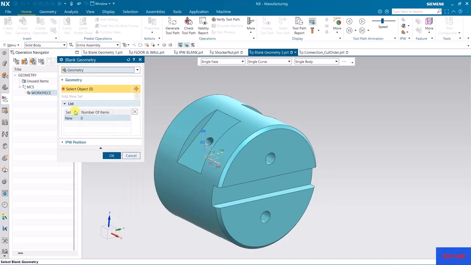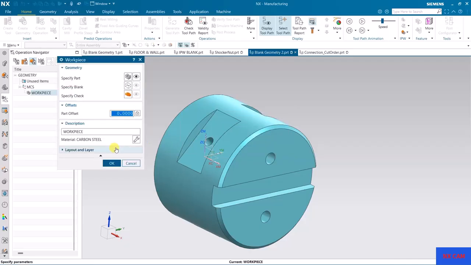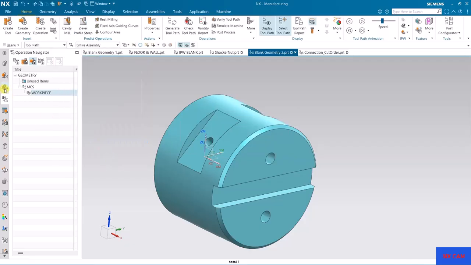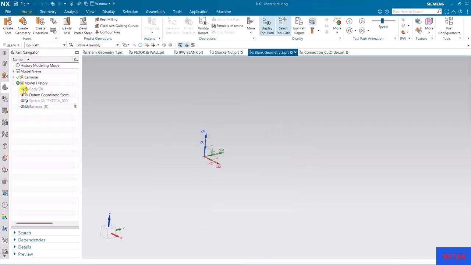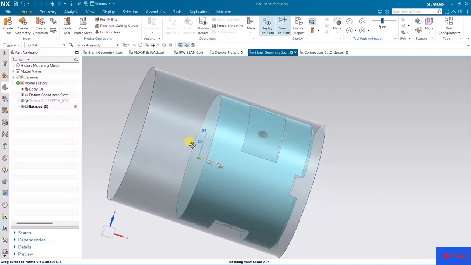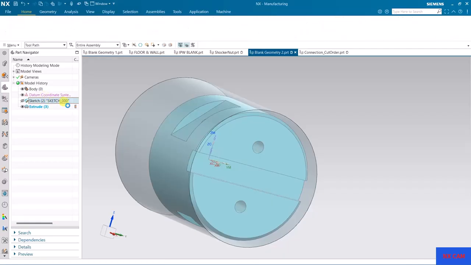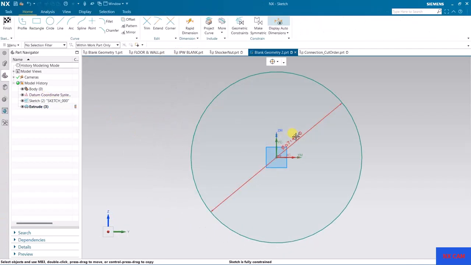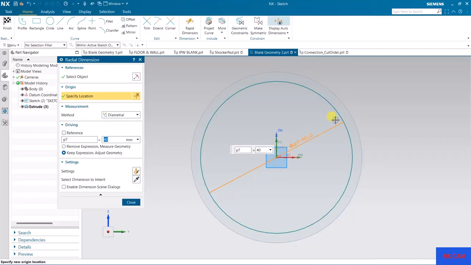For defining a geometry, we need a geometry in the part navigator. You can see here, this is the body, the main part, and one more extruded body as the blank geometry. If you have created it, you can add it by double clicking, and you will get this option.